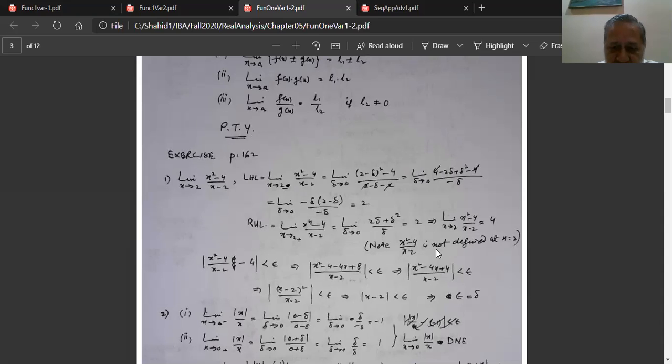Note that this function is not defined at x equals 2, that is why in the definition of limit,